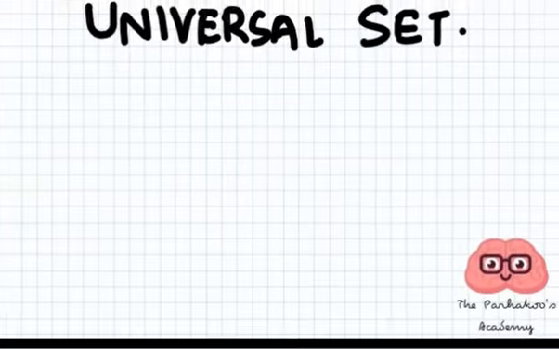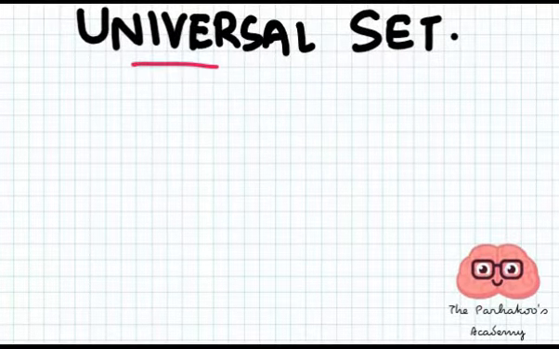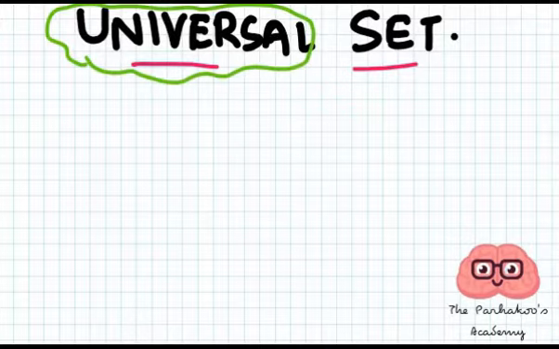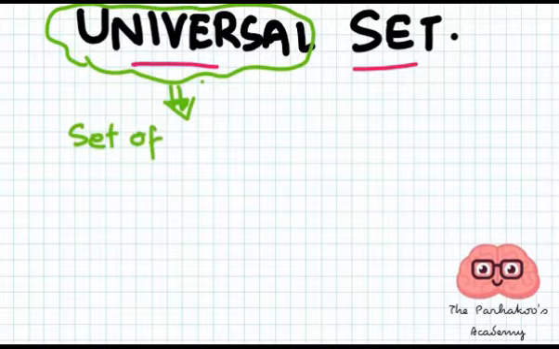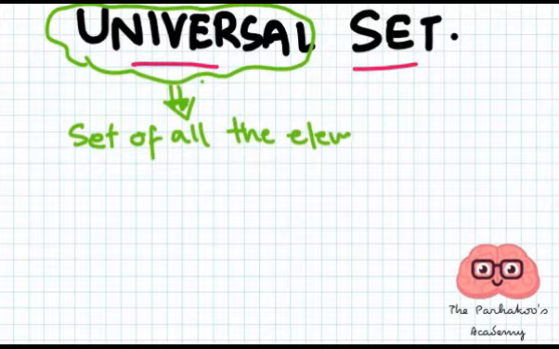In this video, we are going to talk about the universal set. What is a universal set? From the word universe, the universe is something which contains everything. There's nothing which is out of the universe. The same concept applies to the universal set. So the universal set is such a set, you can say it's a set of all the elements